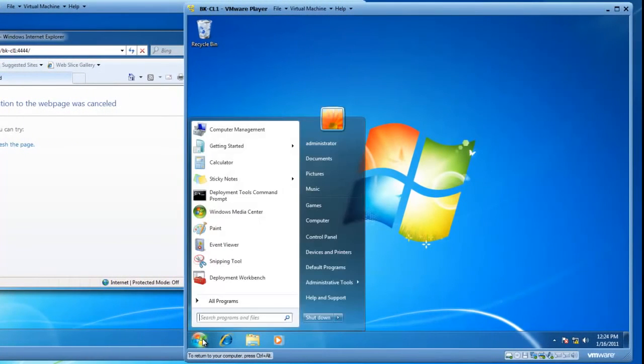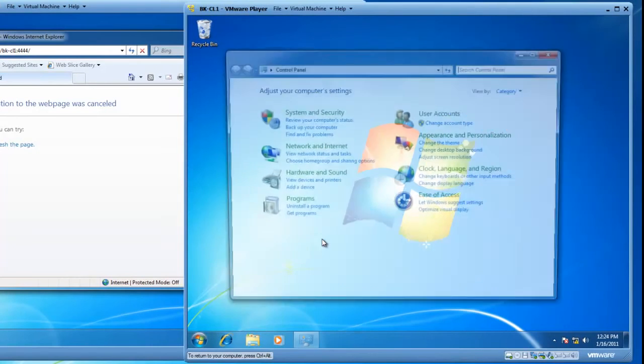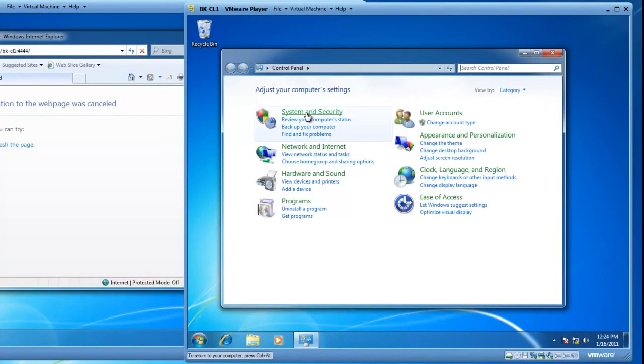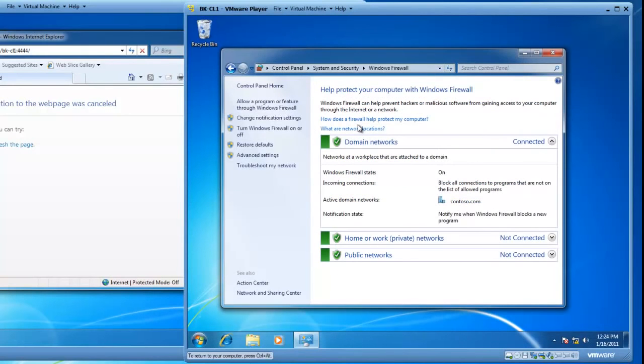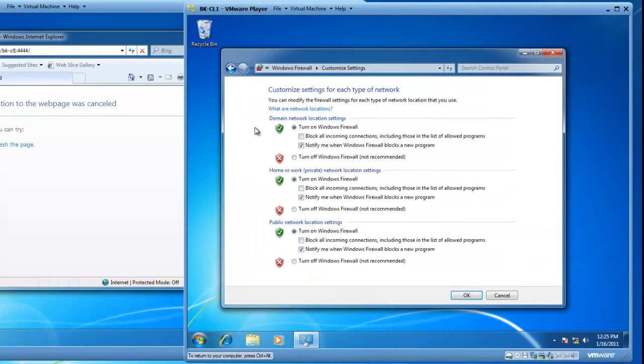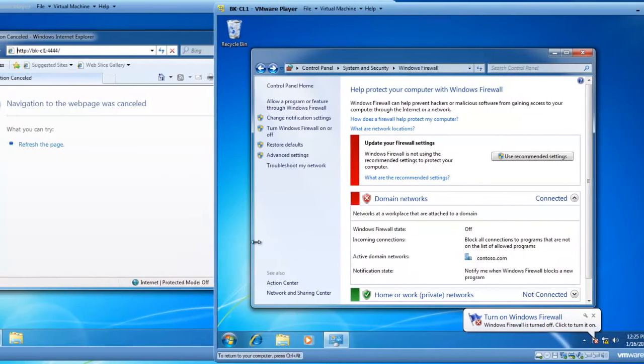So let's click on the Start button, go to Control Panel, go to System and Security, and click on Windows Firewall. And then we'll turn Windows Firewall on or off. So for a quick test, this is not recommended in the real world or for long-term use, but for a quick test, let's go to the domain network location settings and turn off our Windows Firewall, and then we'll click OK. Now we can go back to